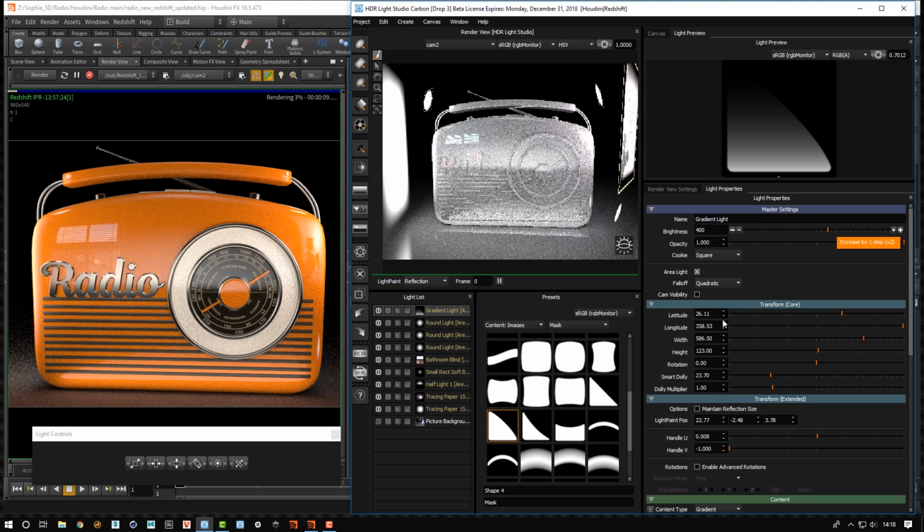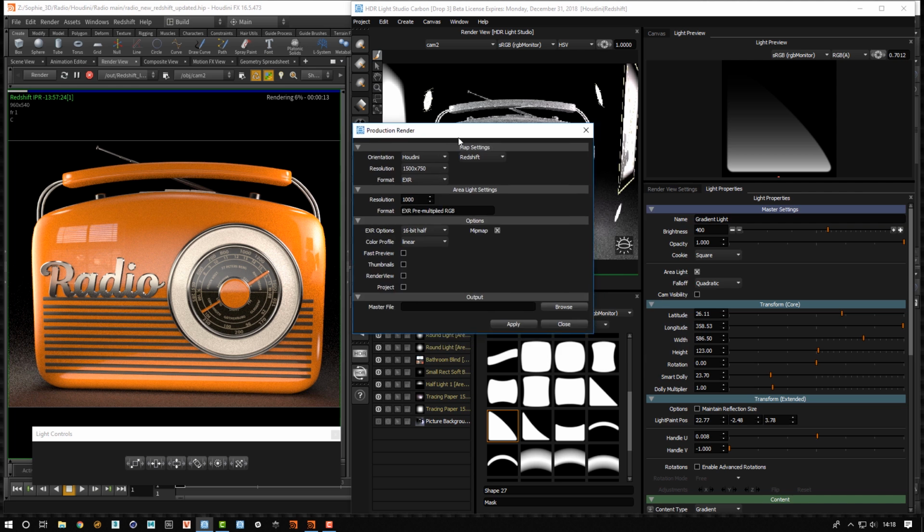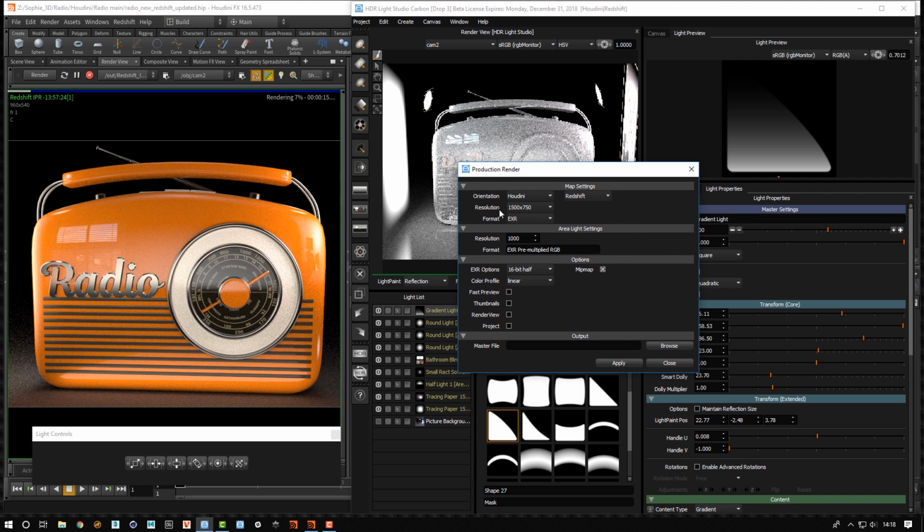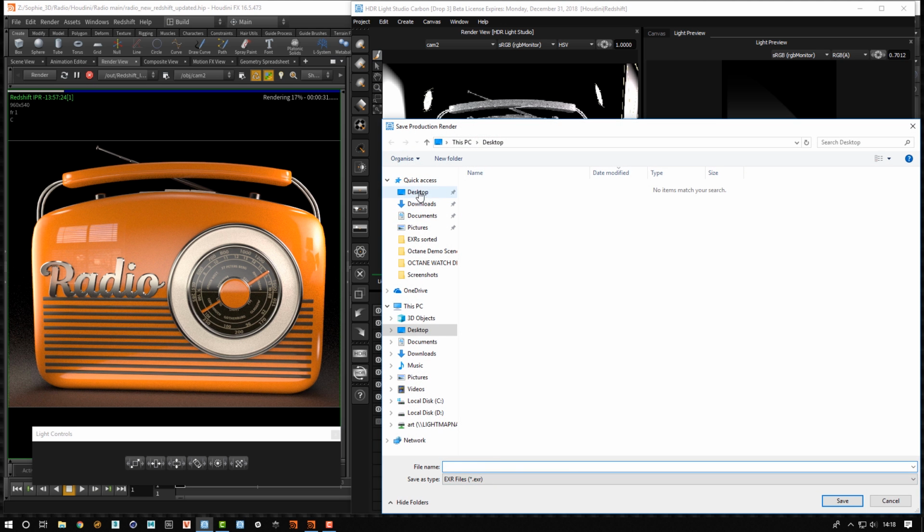So the final step in the process is to press the HDR button to open up the production render. We will render the HDRI map at just 1500 because it's just going to be black actually, because all of this lighting is coming from area lights. We'll make the resolution of each area light 3000 pixels. And then we'll just call this radio lighting